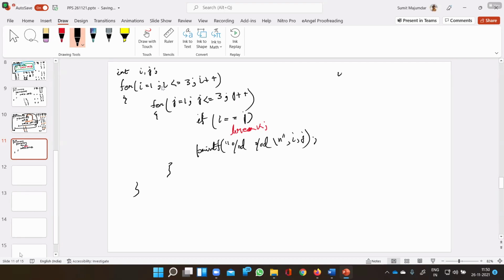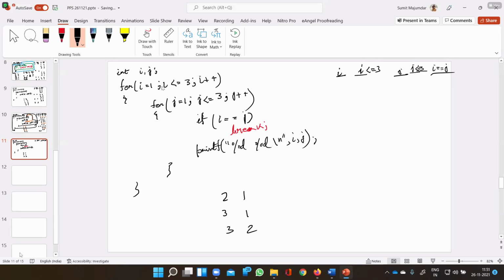So i less than equals to 3, j less than equals to 3, and i equals to 2. So you are saying that the output will be 2 1, 3 1 and 3 2. I think it is correct.